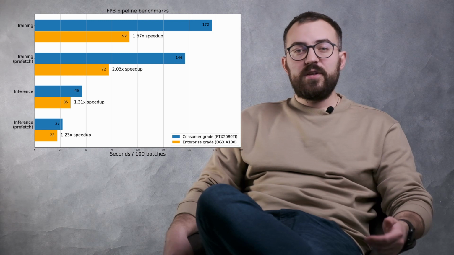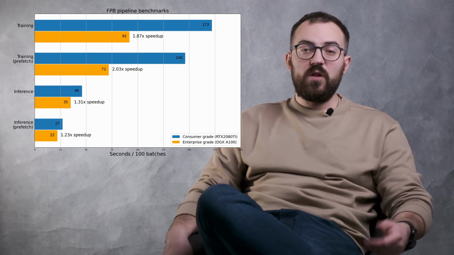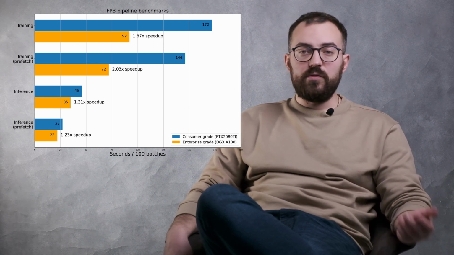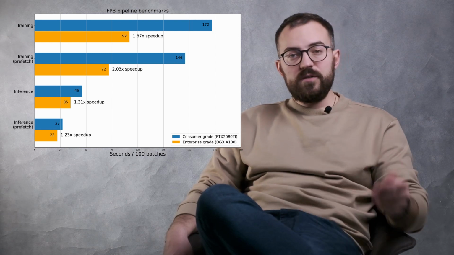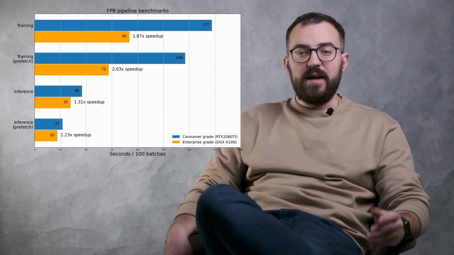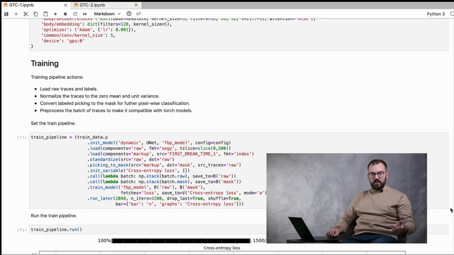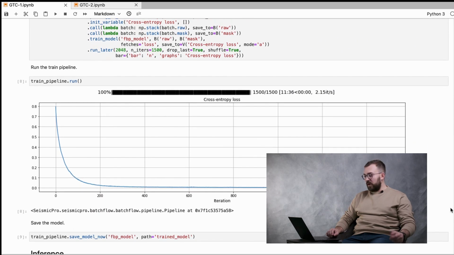You can see that the training phase is almost 2 times faster on DGX, and this ratio still holds if we enable prefetch option, which allows to prepare the next batch on CPU while the current one is still being processed on GPU. On inference, DGX provides 30% speedup without prefetch option and 20% speedup when prefetch option is enabled. Take a look at the loss function plot. You can see that it has converged to almost near zero plateau. Now we can save the model and move ahead.